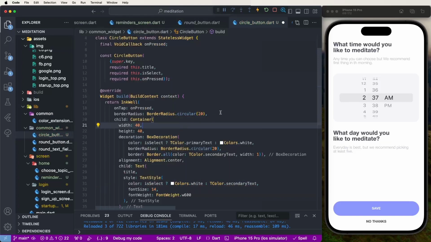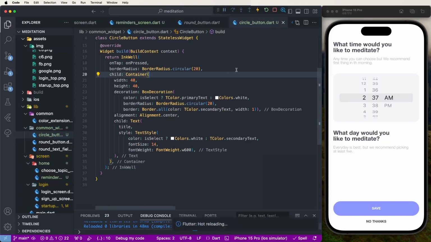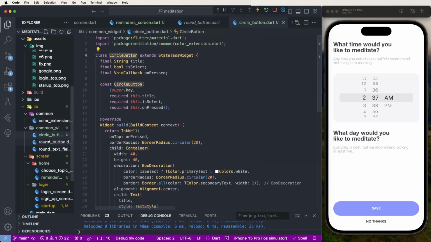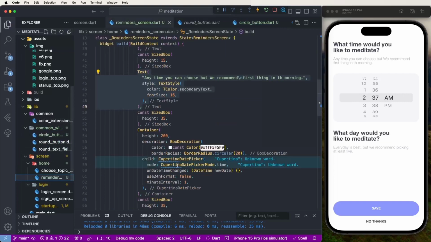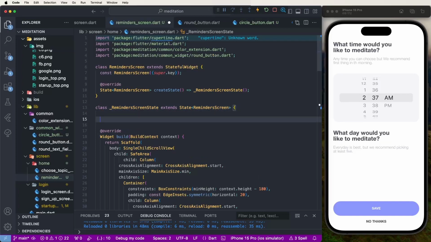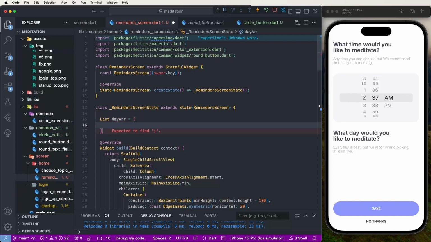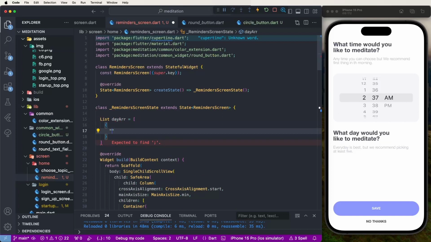We need the configurations for the circular buttons. We need to create the week list. Now we need to go inside the reminder screen and create one array here for the day names. Here's the list: day array is equal to this, and we create a set name